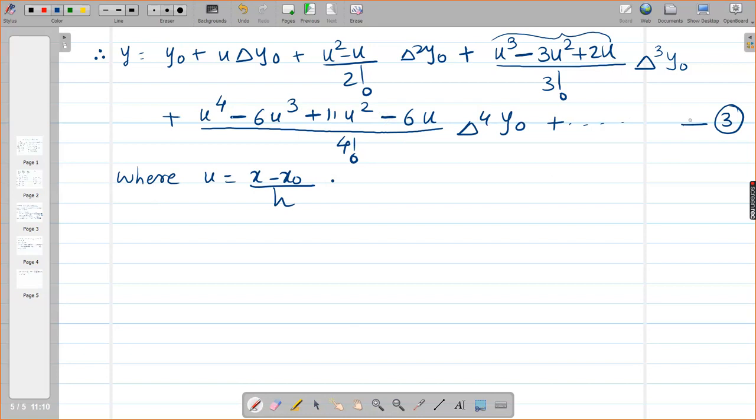Now we want to derive. We can derive this. Now tell me, what do you observe here? y is a function of which variable? Can you tell me? Right now, after this expression, y is a function of which variable, you can say? u variable. Exactly. Because there is no x at all on the right hand side. y is totally expressed in terms of u. But what is u here?